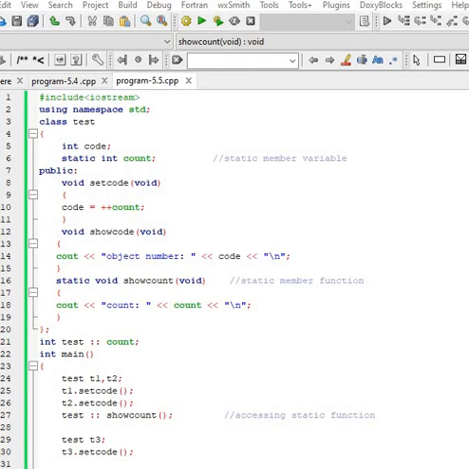In general, how do you call any member function? If show count is not static, then it must be T1 dot show count, T2 dot show count. As it is static, there is no need of calling using objects. You can call it with the help of class name. The basic syntax is class name, scope resolution operator and member function, semicolon.